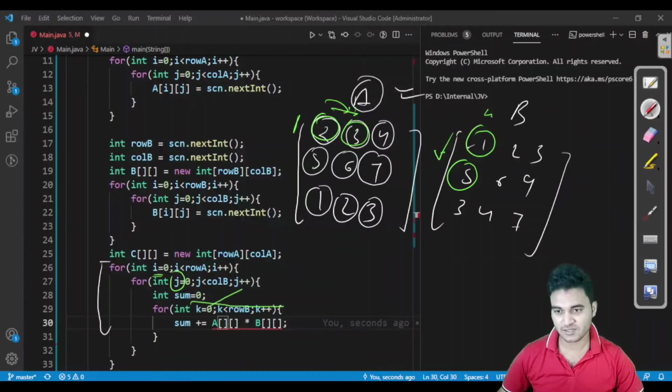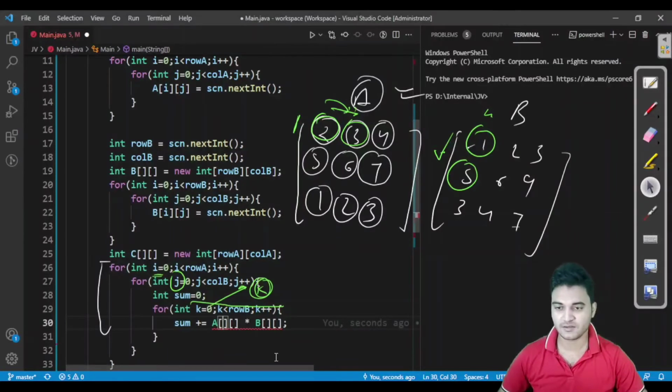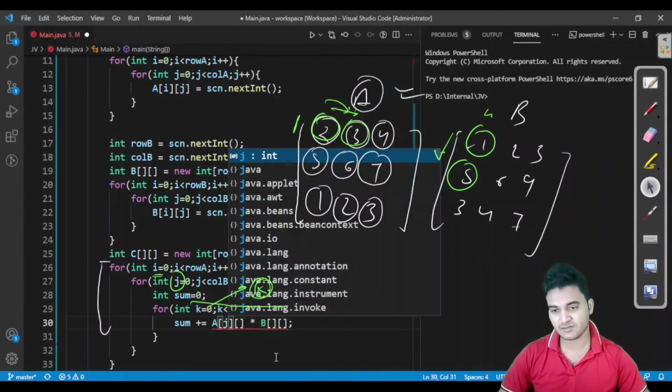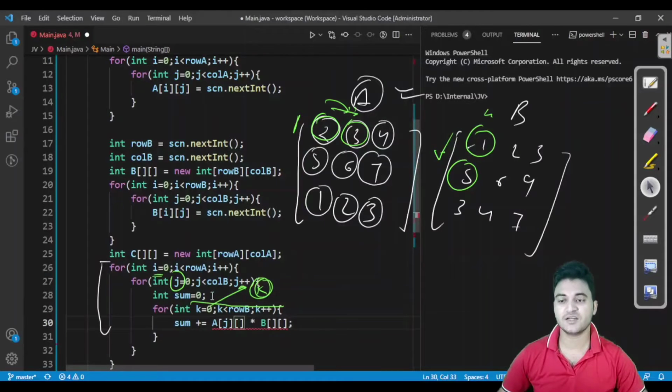This k is varying, so we have to vary the column in each iteration. So we would write k at the place of column. I hope this is clear to you. If not, I would explain again. We have to write j as row because j is fixed in this iteration and the column is varying. We have to take this type of decision here.